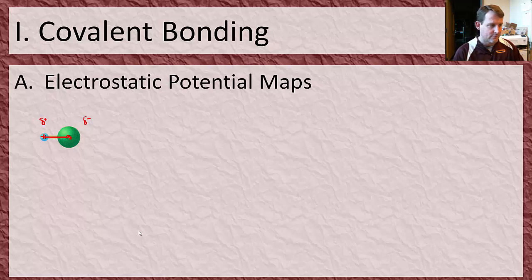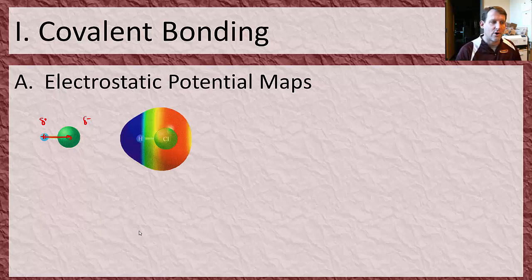polar bond. Another way of demonstrating it is with an electrostatic potential map. Now obviously these are much harder to draw, but here the blue shows positive charge, and the orange and red are negative. So it shows you where the distribution of charge is. You can see there's a lot of negative charge here on the chlorine side and a lot of positive here